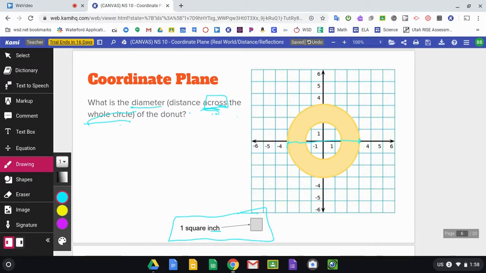Now we're missing some numbers because the donut's covering it. But can you guess what number goes right here? -3. What number goes right here? +3. So on this half of the donut, I have 3. And this half of the donut, I have 3. So what's my total distance across? 6, label,